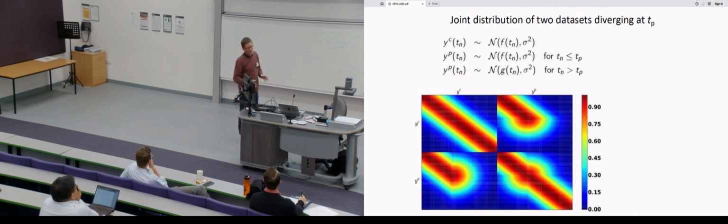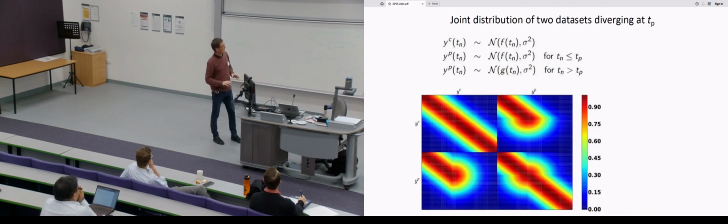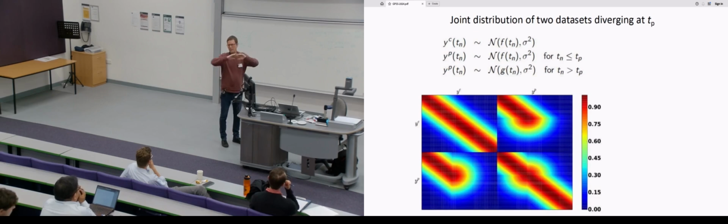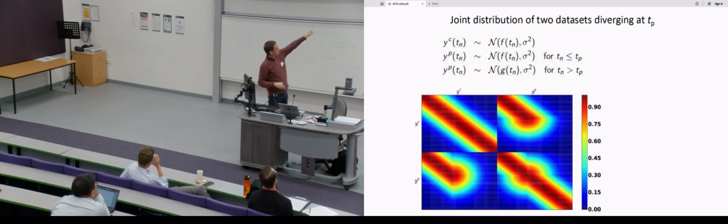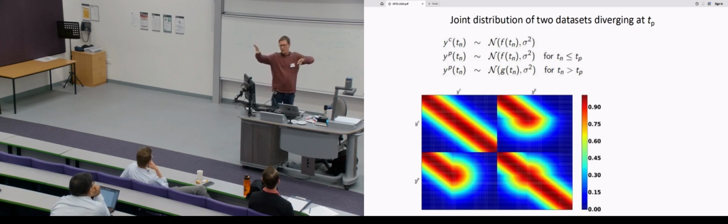And then you can change it to be the covariance of two data sets that follow the same function up to that time. And then after that time, they forget about each other. They go their own way. So you can see that here. In the off diagonals, you've got the data following a normal RBF, and then it's forgetting about the other function. And then there's this funny little kink in the bottom right. And that's just because, if I go back,